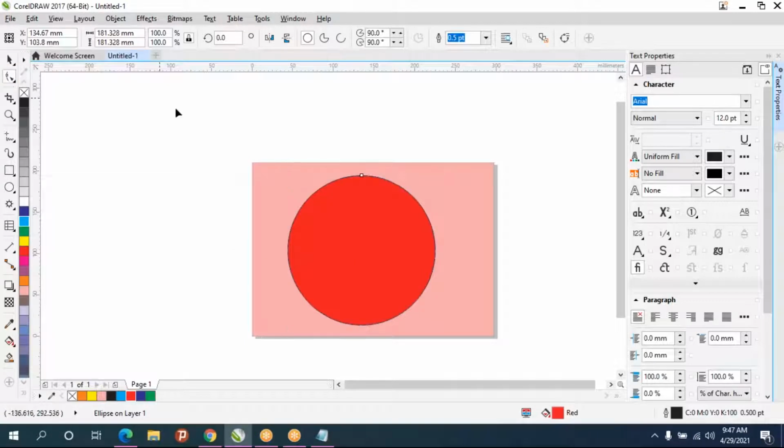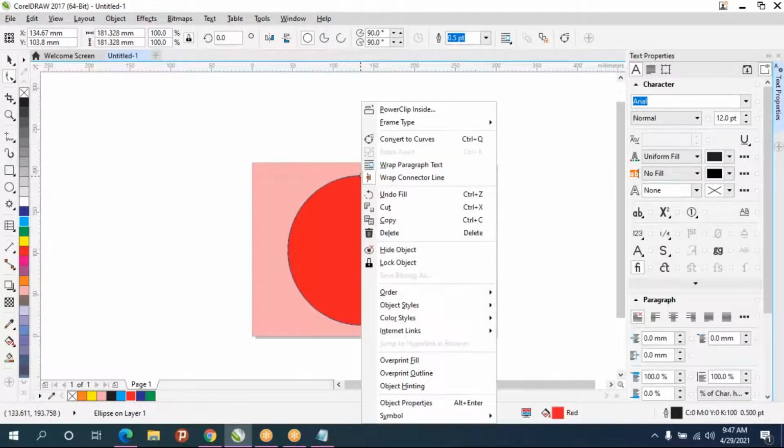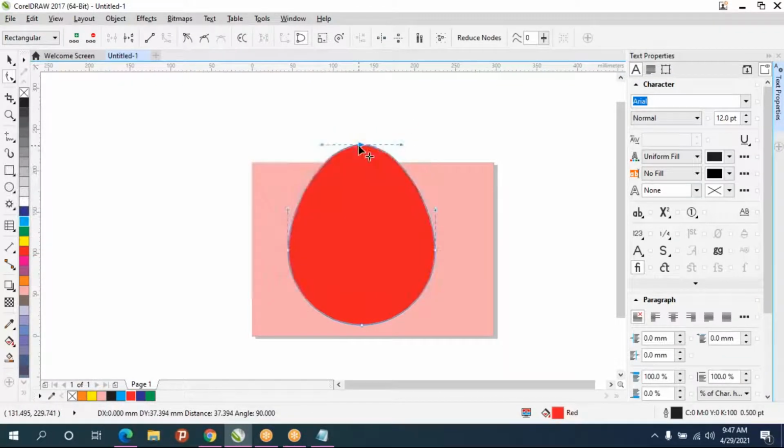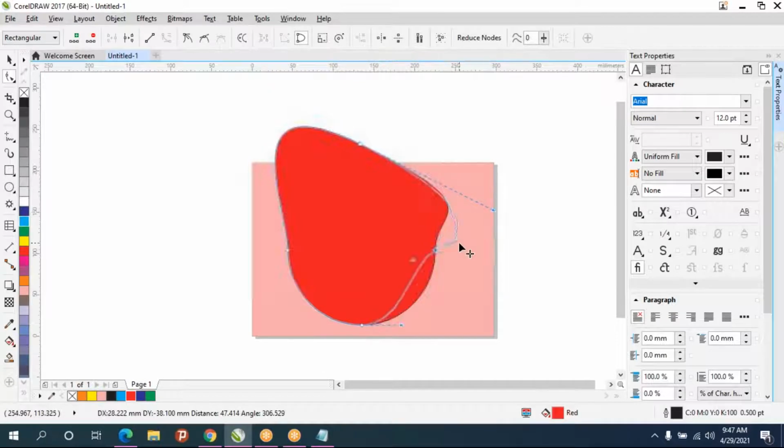After that, take pick tool and the point, convert to curve, then you can move the points. Like the pen tool in Photoshop, we know how to use the pen tool. Same concept here also. So you can adjust the curves like this.